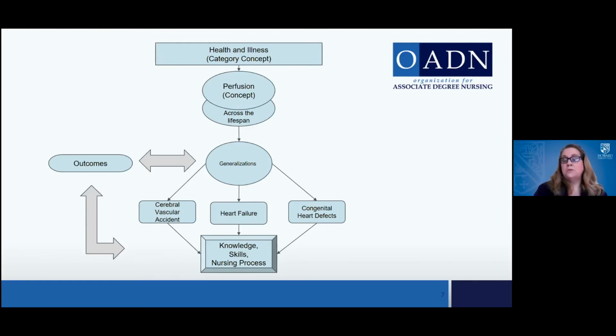Before the students ever learn about very specific diseases related to perfusion, they have to learn all the generalizations you will see with this concept. For example, what are the risk factors a patient can experience with a perfusion problem? Signs and symptoms, diagnostic tests, lab tests, interventions, evaluations, all of those generalizations. Then the nursing faculty will decide amongst their individual courses which exemplars for diseases to target to help